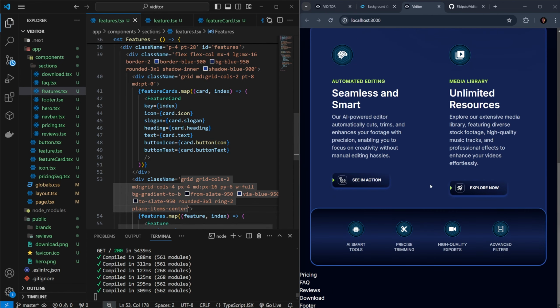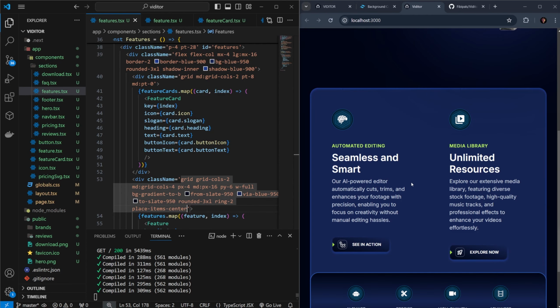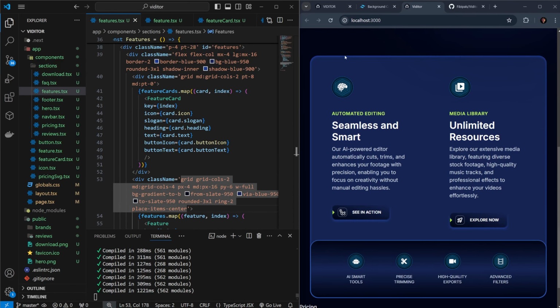Let's save it, and we successfully created our feature section, but as you can see we mismatched